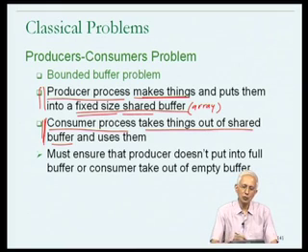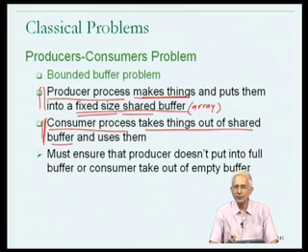Hence, there is a need to synchronize the activities of the producer and the consumer to make sure, for example, that the producer does not put into a full buffer or the consumer does not take out of an empty buffer. And these are what may be viewed as synchronization requirements between the producer process and the consumer process. So therefore, in some sense, it's a useful example to try to write code for in terms of a concurrent